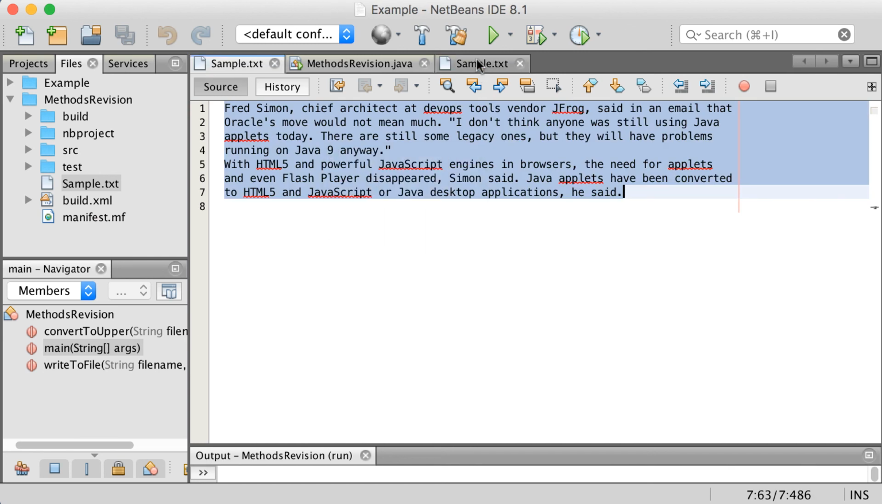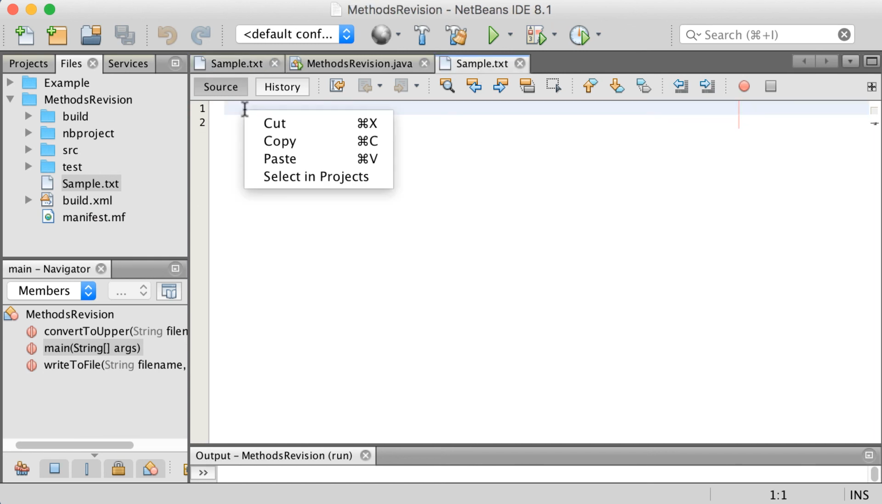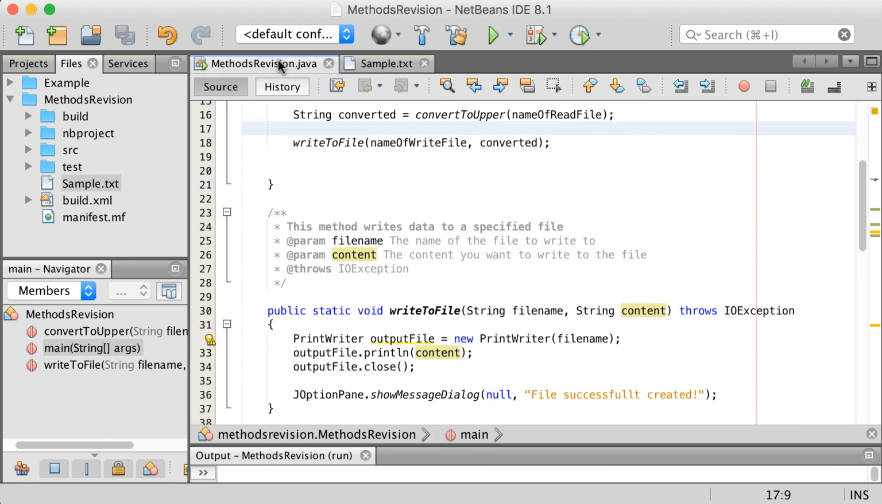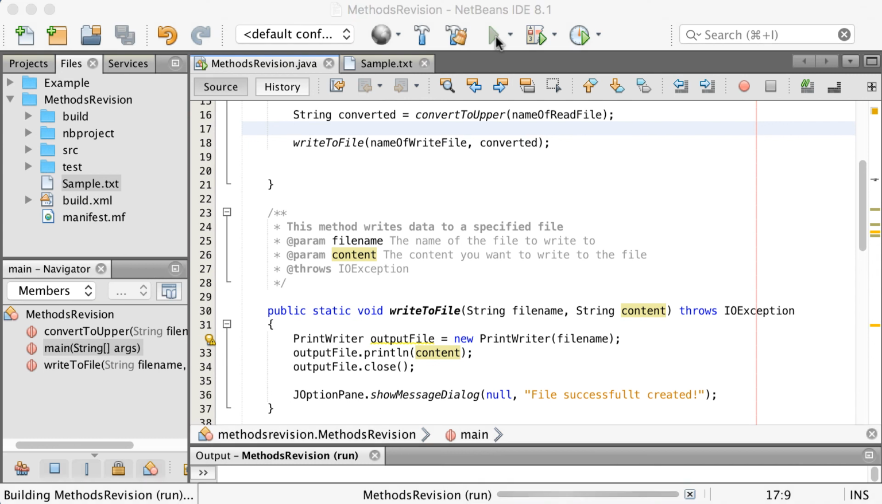You can just copy anything into this sample.txt. I'm just going to copy those few lines. So this is basically the text that we've got in this specific text file. So I'm going to save it. So there's my text file. You can see it's under my methods revision. There it is. And it's called sample.txt. So if I run it now,